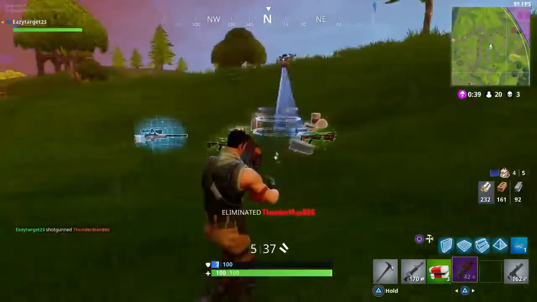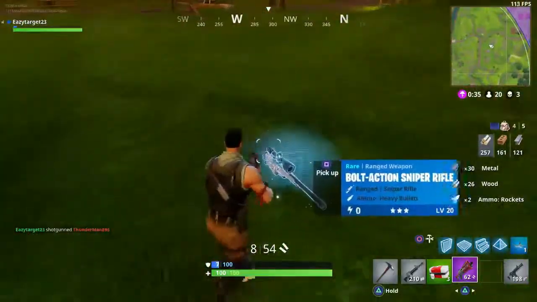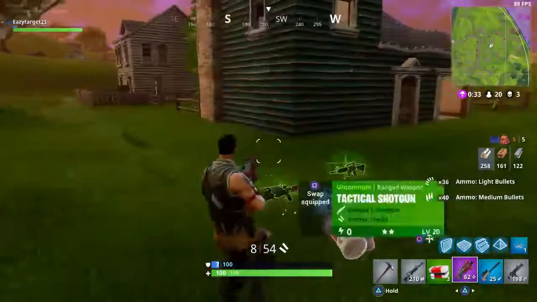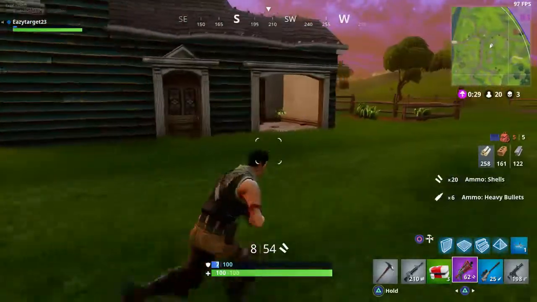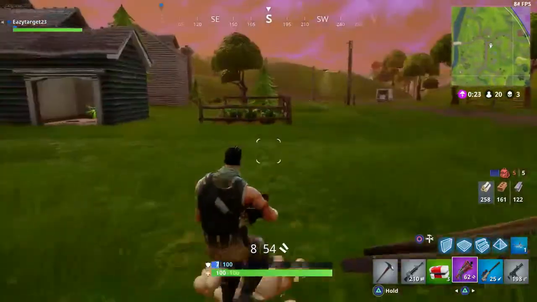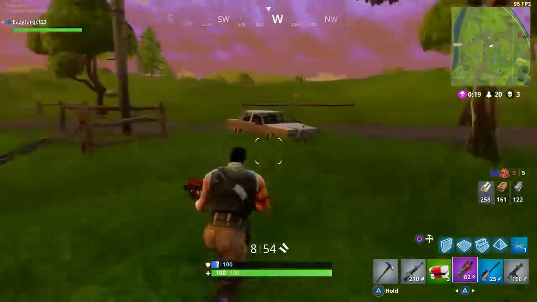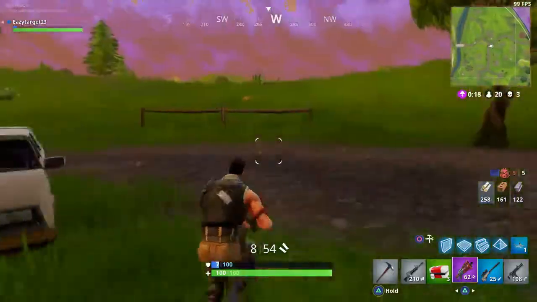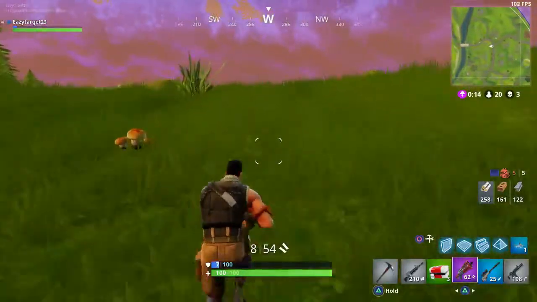This guy must be using a controller too, but not as good as me. I just destroyed his face. He gave me a sniper. That is good. But other than that, I'm just going to go ahead and play through this game. I can't really think of much else other than going very detailed into building or strategies or whatnot. That's just the basic